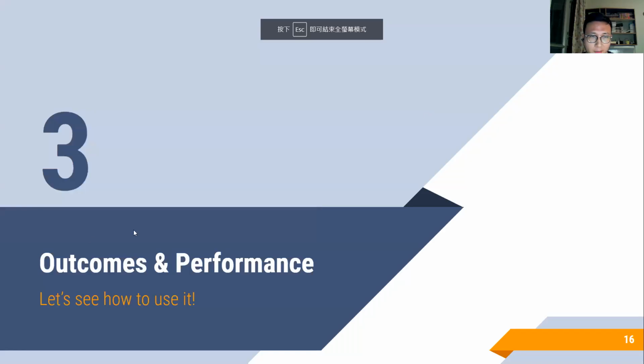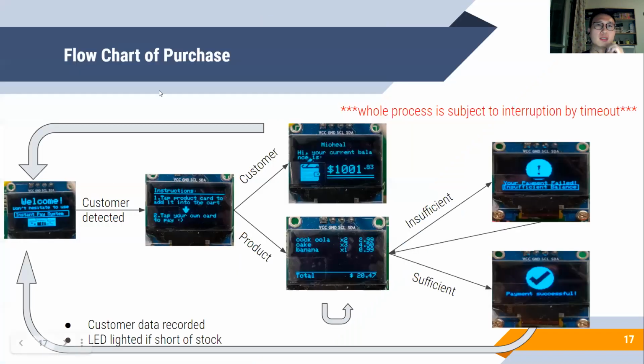Okay, here let's talk about the outcomes and performances of our system. Here's a flowchart of our purchase logic. At the beginning, before any nearby customer is detected, a welcome interface will be shown. And soon after a customer nearby is detected, we will switch to an instruction interface to inform the customer what to do. And after that, when an RFID card is present,